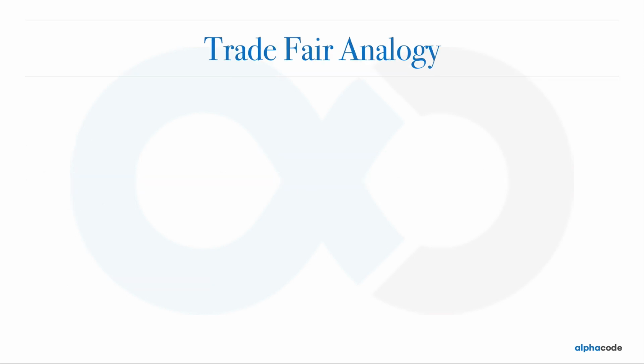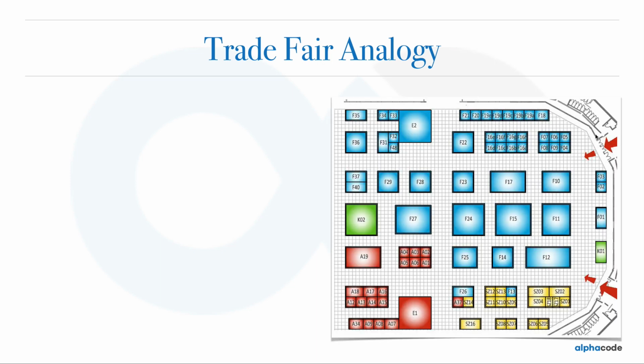So let's take an analogy of a trade fair. Suppose this is your trade fair and these are all the stalls that you have in your trade fair. Suppose the yellow ones are for doctors and the red ones are for mechanical engineers. Blue ones are for software engineers because we really like trade fairs, and green ones are for, suppose, lawyers. So people can enter from either this gate, and